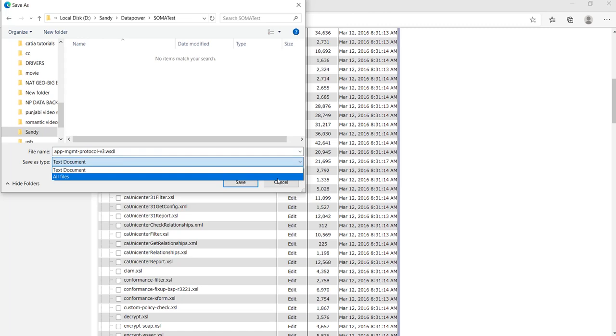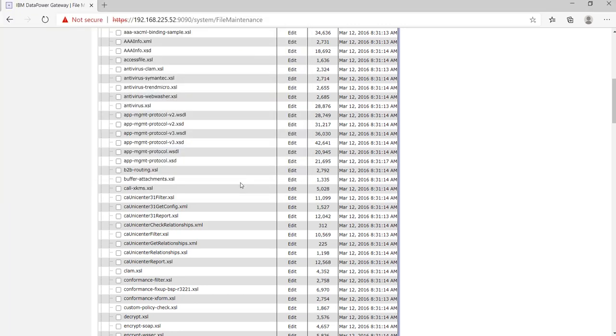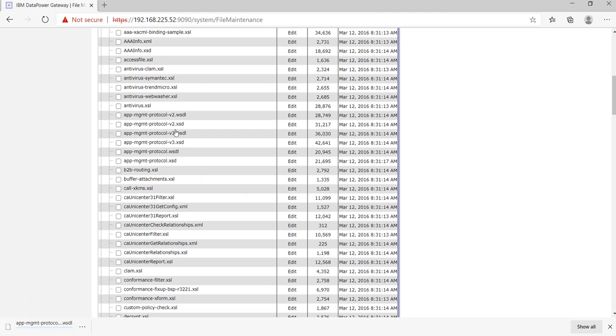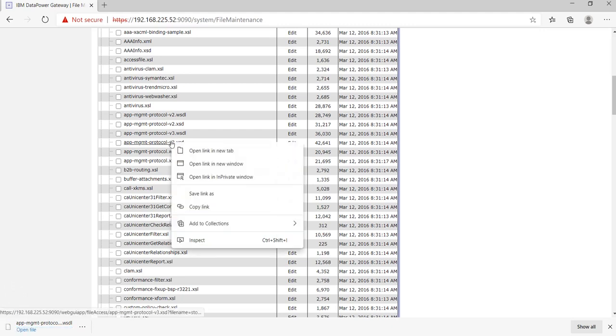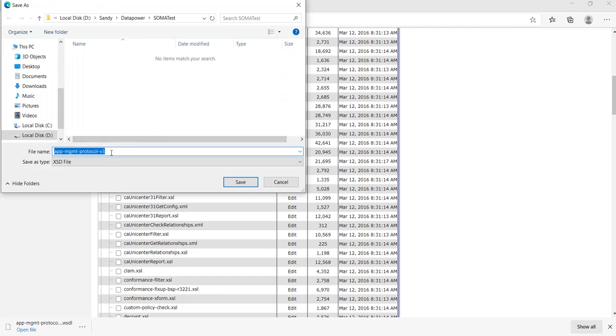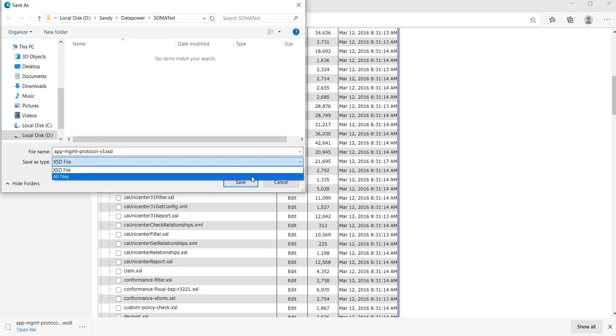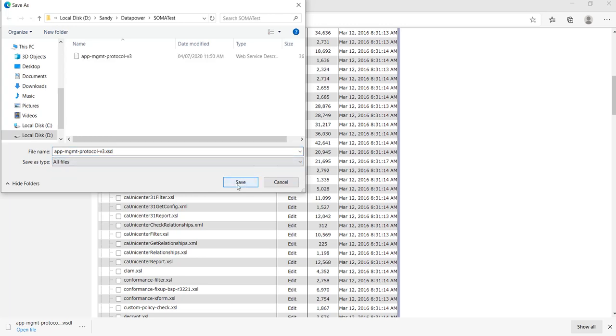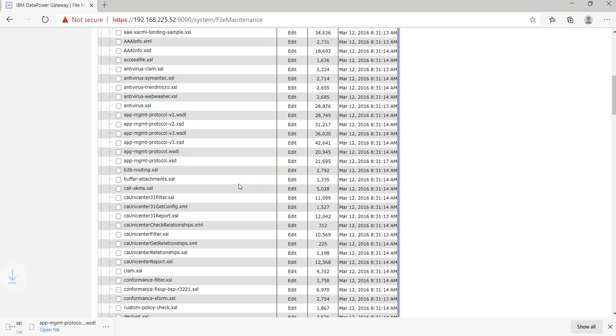If you do not give the file extension, maybe it will not work as intended, so better you give the file extension. We'll click on save, and to use that WSDL file we need the XSD file as well, so we'll download the XSD file. Okay, so we'll click on save.